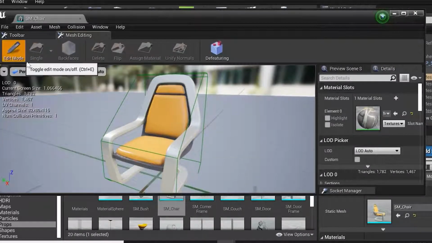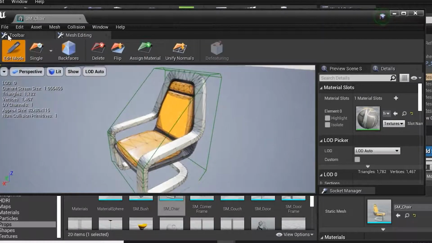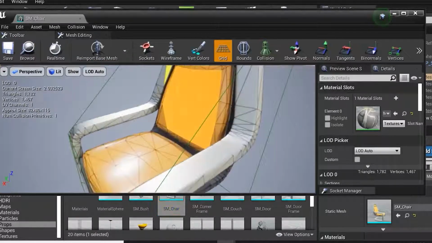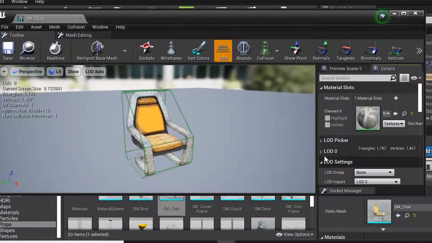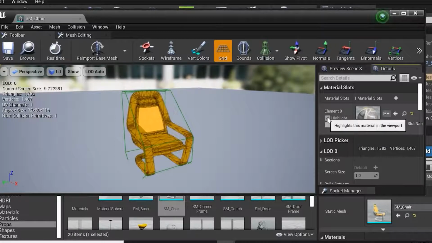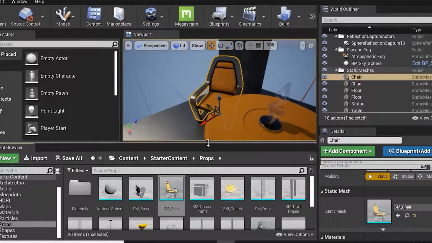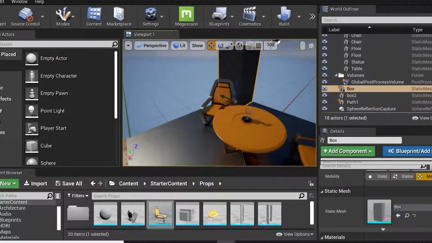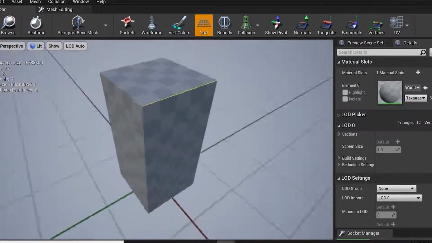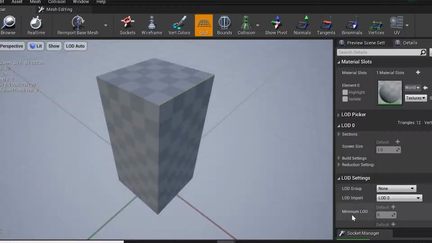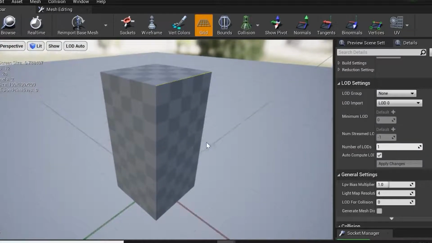So before anything, what we always have to do is the mesh editing. We have edit mode. If I want to do edit over here, toolbar, save. Here you can see this is applied over here. LOD auto, level of detail, LOD means whether you want to give highlight or not. So drag and drop over here. So that was the static mesh editor. Again, if I select this object and say where it is located in my scene, double click, again it will open over here. Now once we do the simulation, at that time again we need to open this and we will see more detail about this static mesh editor.